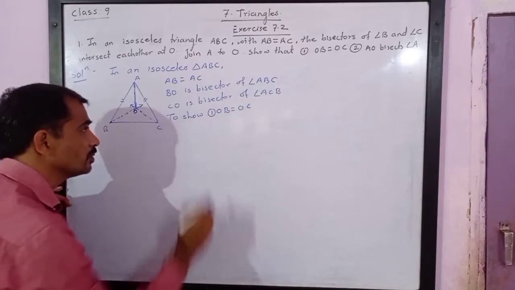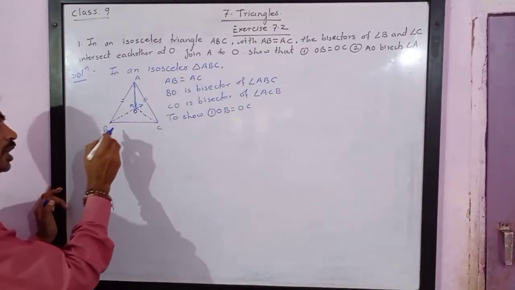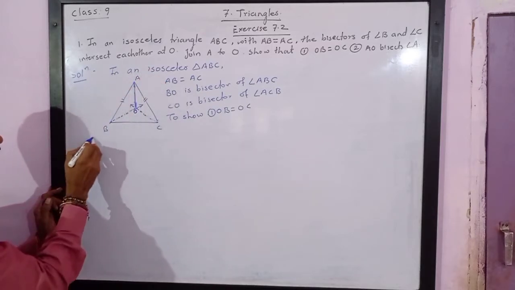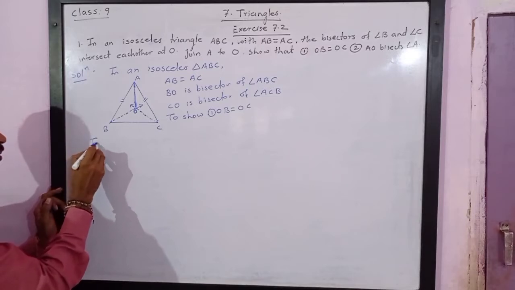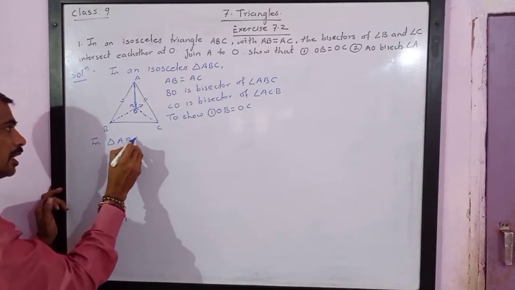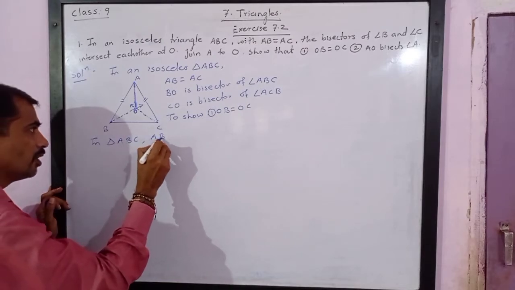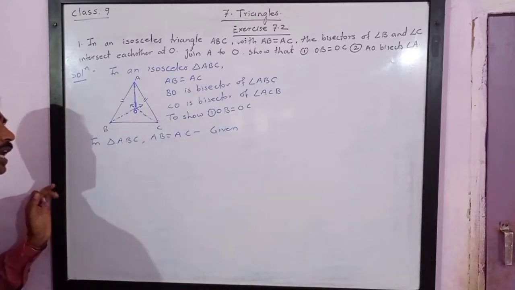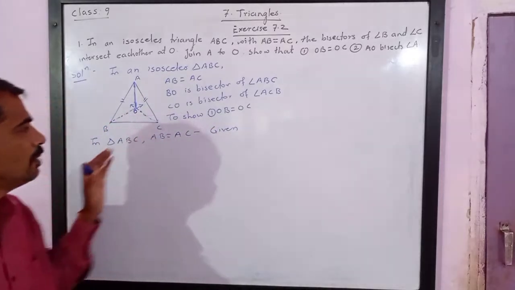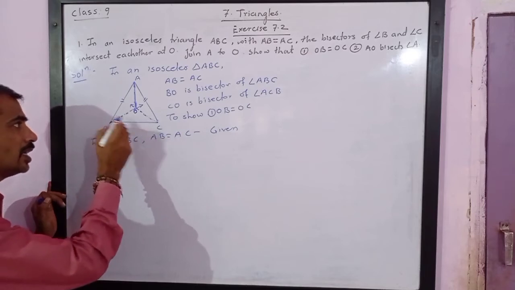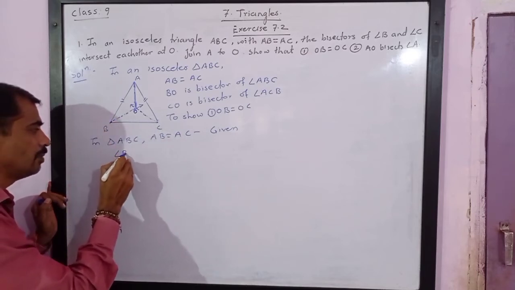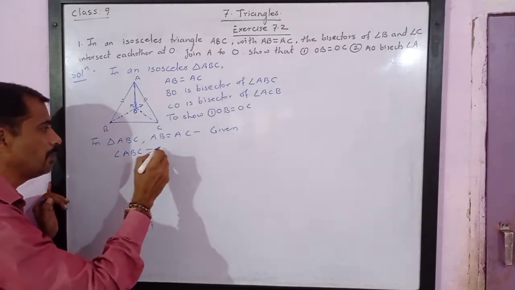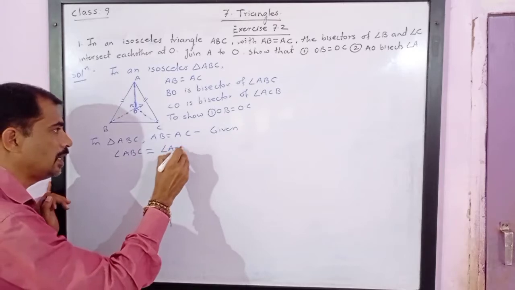This is the first thing. Now see, for this we are going to consider triangle ABC. We know that AB is equal to AC. So in triangle ABC, it is given AB is equal to AC. This is given to us. Now we know that angles opposite to congruent sides are congruent. It means angle C is congruent to angle B. I will write with 3-letter name: angle ABC is equal to angle ACB.